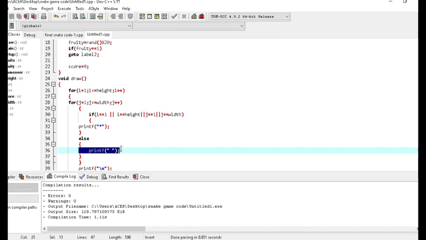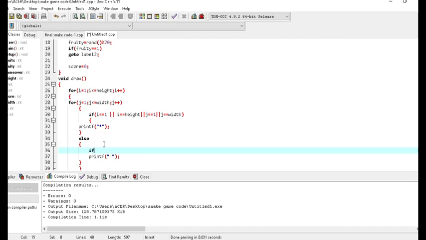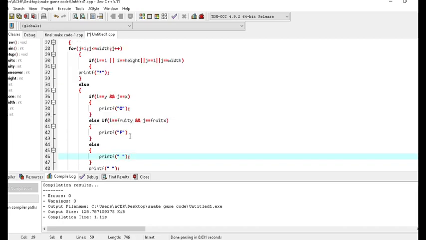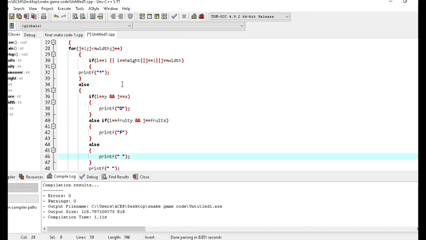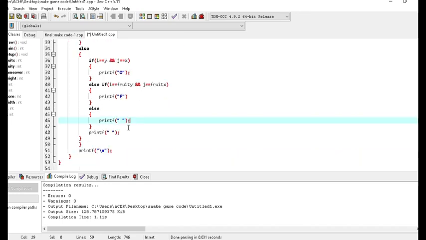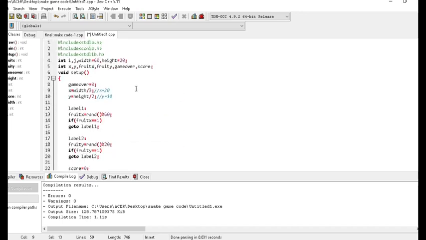So instead of writing this, I am going to use a condition here. Earlier we had just printed this much, but now we even want to print our snake as well as the fruit.